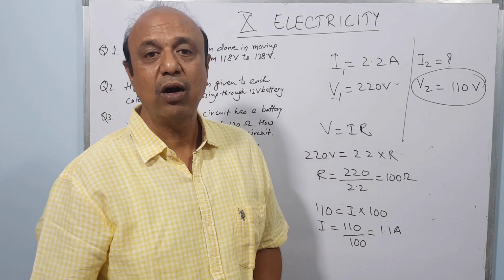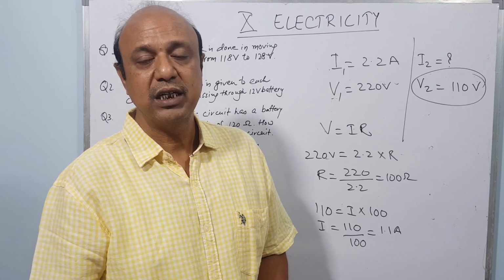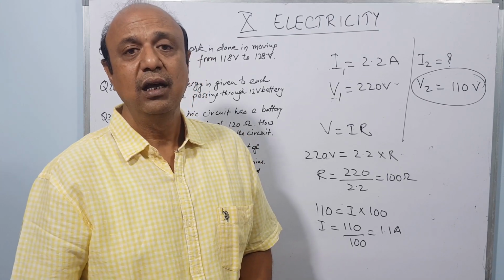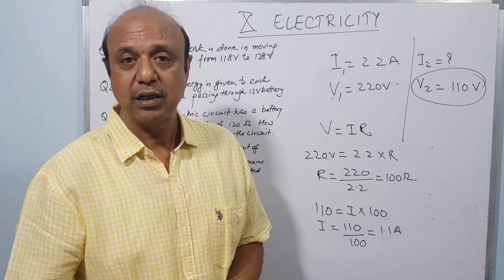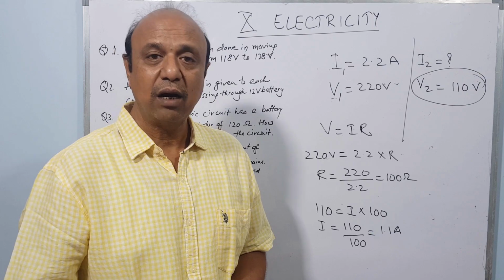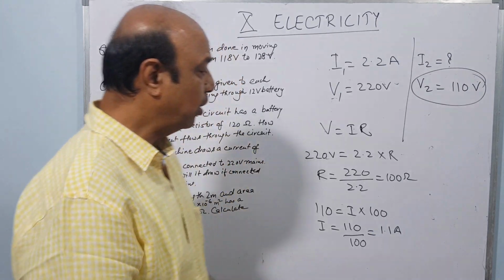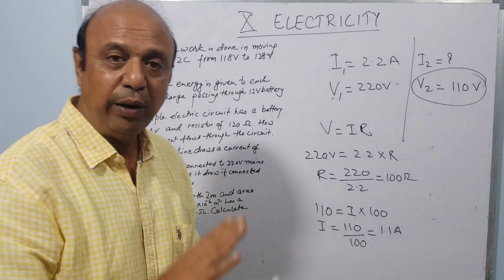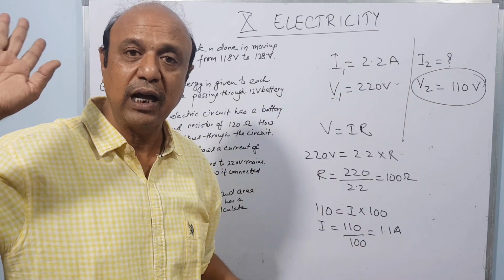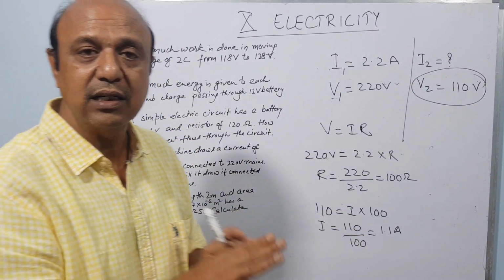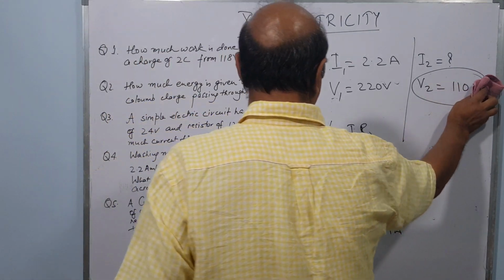Always remember, it's not the power which decides the current, it's the resistance which decides the current. Ohm's law says that the current flowing is directly proportional to the potential difference across the terminals at a constant temperature, at a given temperature. So remember that formula. No mingling up of the formulas. Don't use V1 I1 is equal to V2 I2, because if you remember power and use the power formula, the answer goes wrong. Next question.